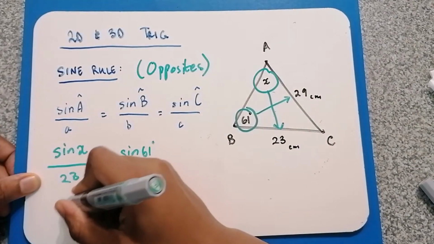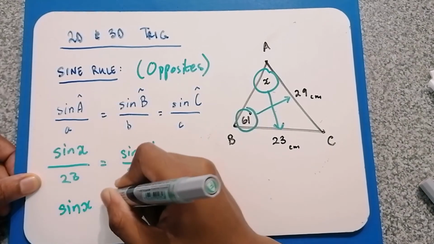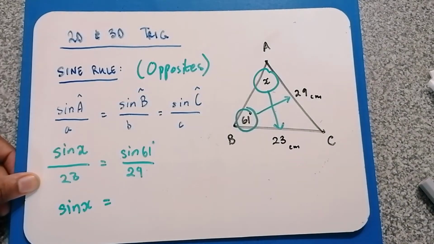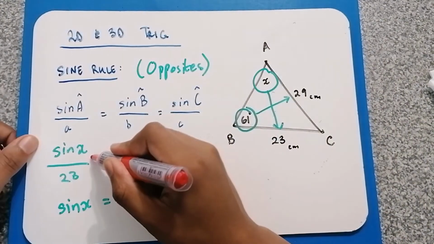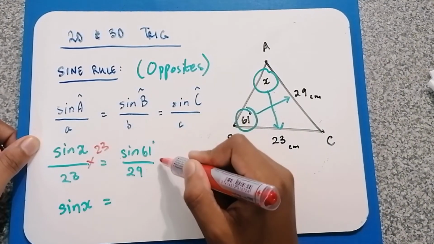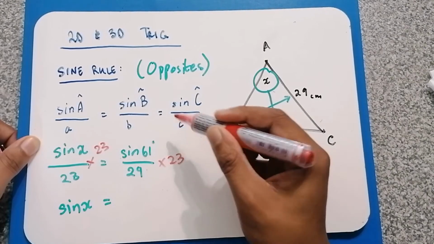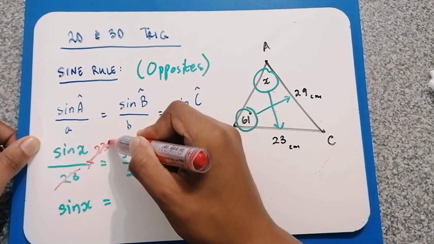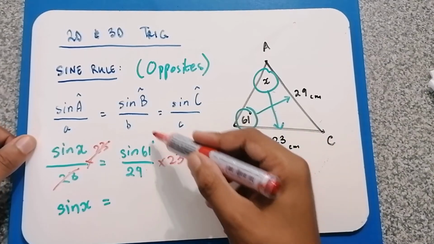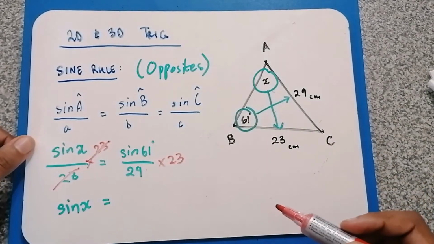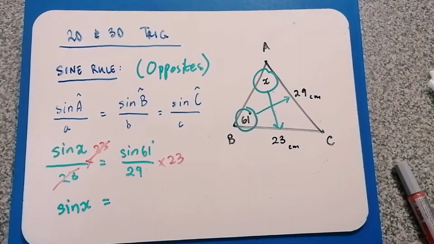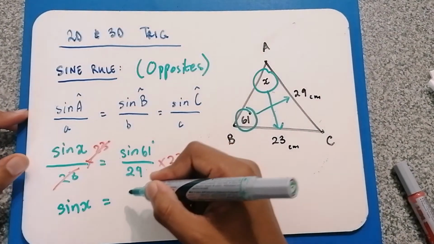So I'm going to multiply both sides by 23 just to get sine x all on its own. Let me show you what's happening. This is being multiplied by 23. This is also being multiplied by 23. The 23s cancel on the left-hand side, and on the right-hand side I can punch this calculation into my calculator. I have done that, and my answer is